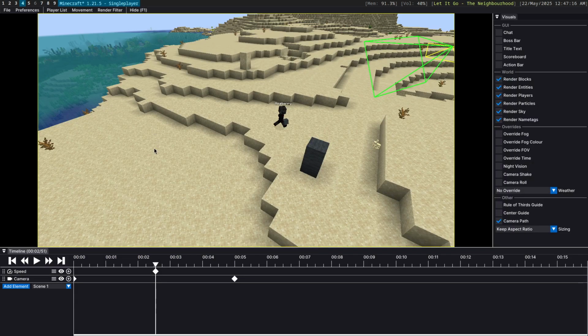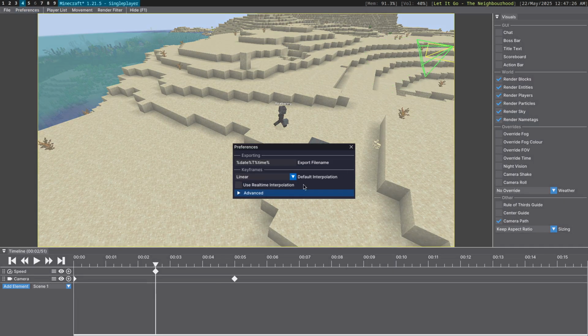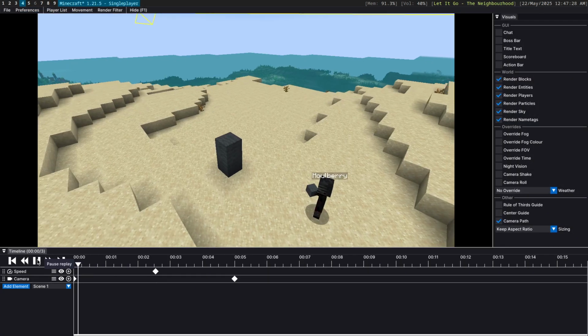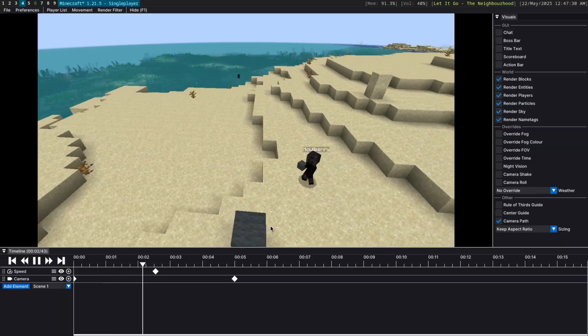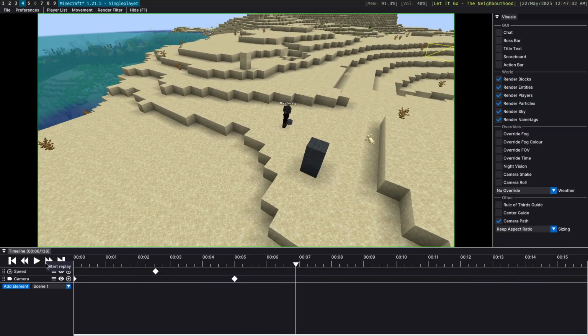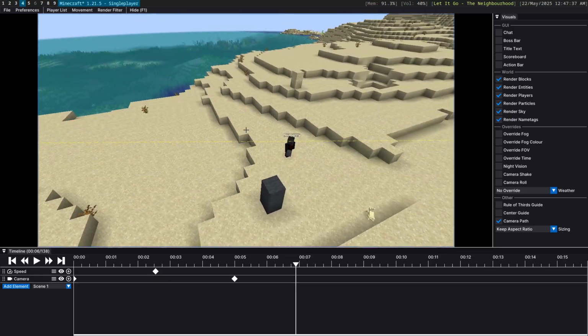In essence, what this means is if you have a speed transition that occurs midway through a camera movement, the camera movement now will no longer slow up or speed down. So to demonstrate that, let me turn it off real quick. So this was the old behavior here, right? And you can see basically the interpolation of the camera is tied to the speed